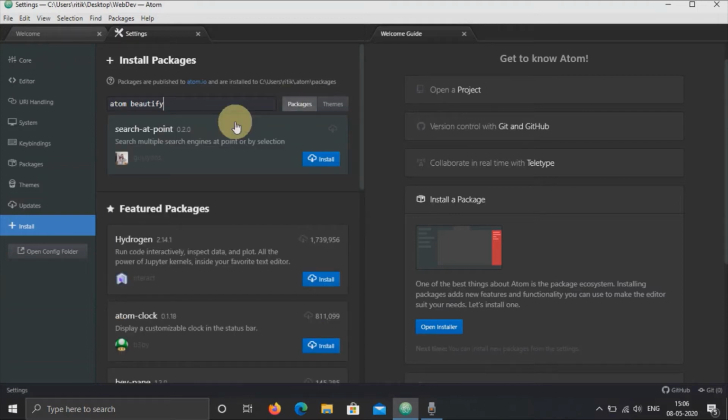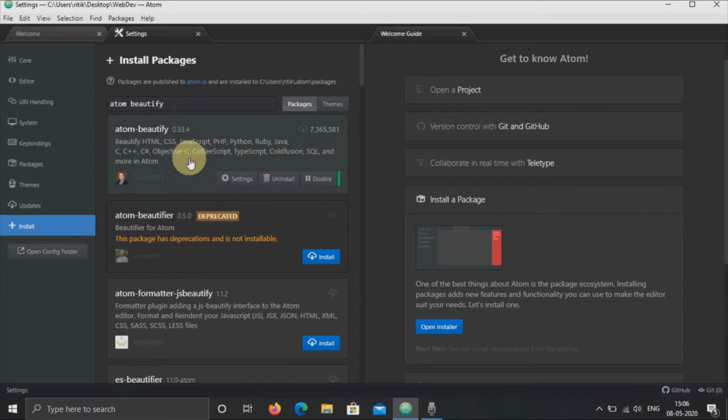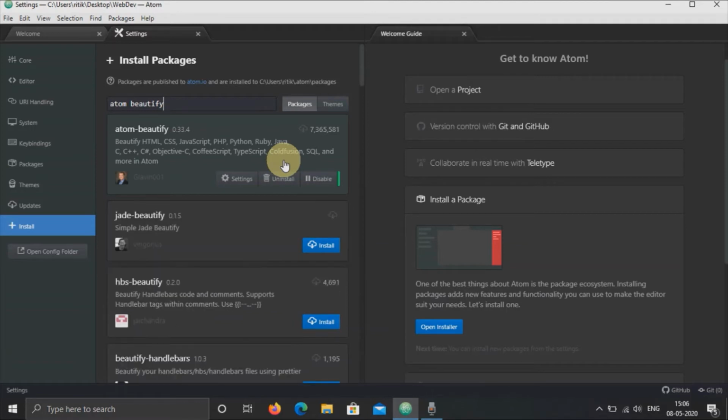Search Atom Beautify. See, I have already installed this package, so I'm not going to uninstall and install it again. But you can install it. You will get an option of install here. Okay. So what this Atom Beautify does, I'll tell you after I'll show you all the packages that I'm going to download as of now.